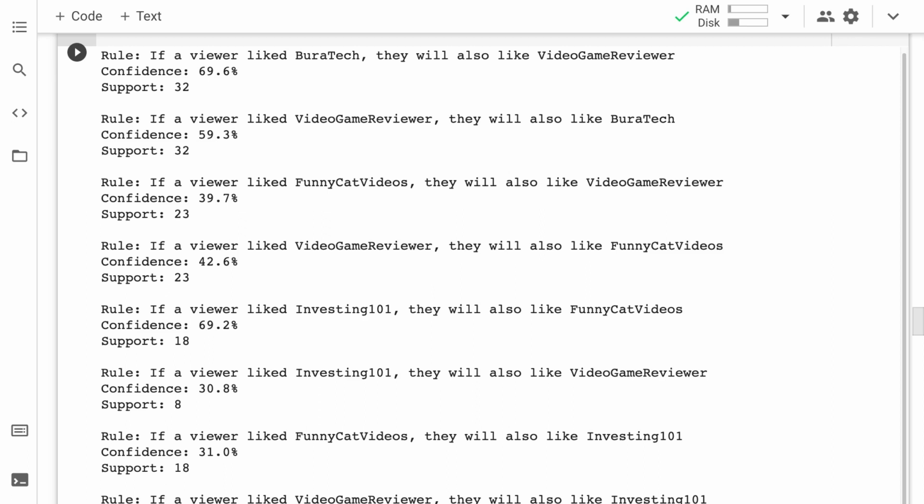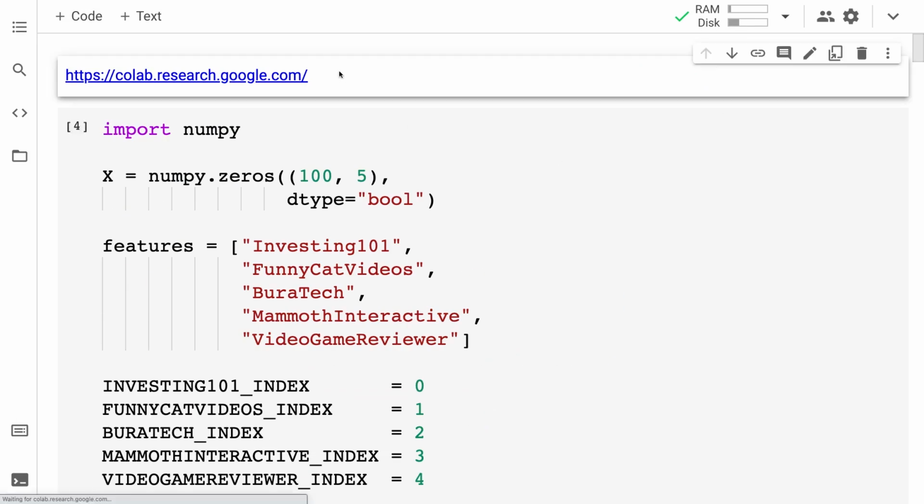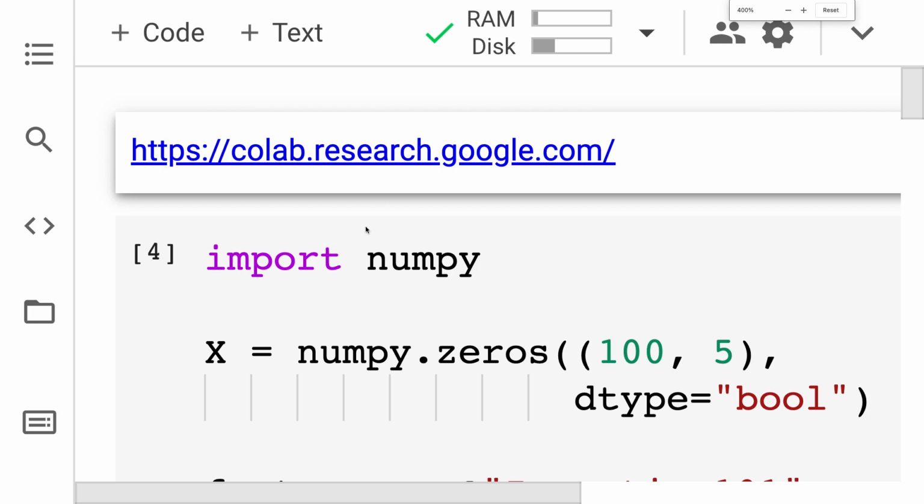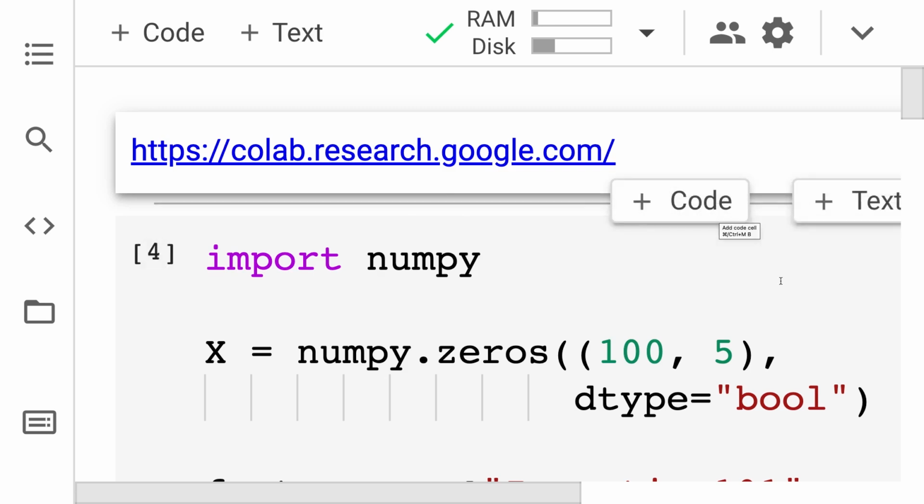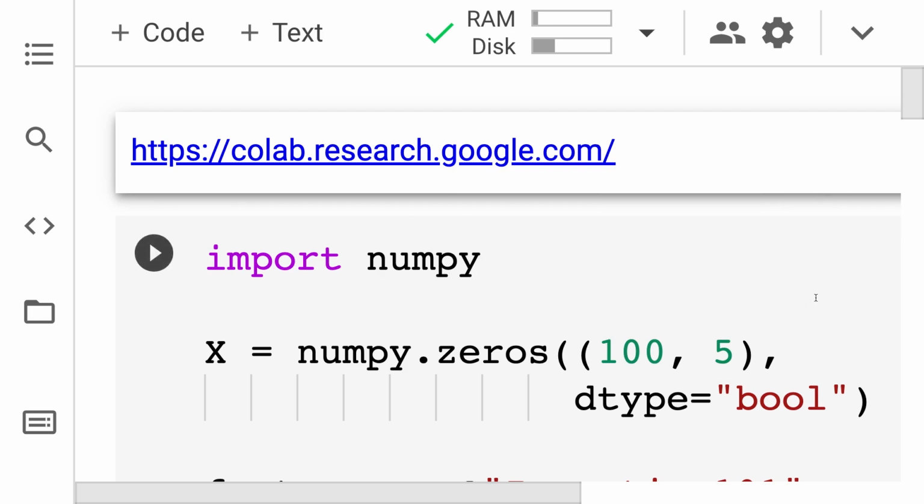Now, you don't need any prior experience to follow along in this course. We're going to provide for you an introduction to Python in case you have no previous programming experience, so that is totally fine. For all of our coding, we're going to be using what's known as colab.research.google.com. This is a website where you can visit Google Colab. Google Colab is a free online Python code editor. It's completely free. You just need a Google account to save your files. And you can just visit this website and start coding along with me right here in Google Colab. So you don't have to download or install any code editor. Although you can, if you wish, you could use your own code editor with Python installed, but you don't have to.